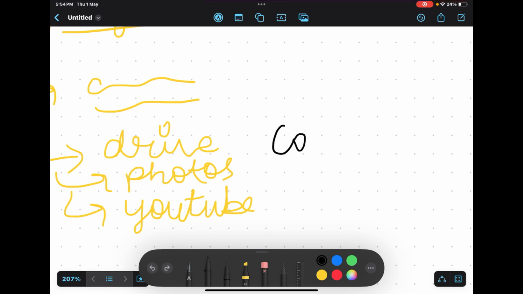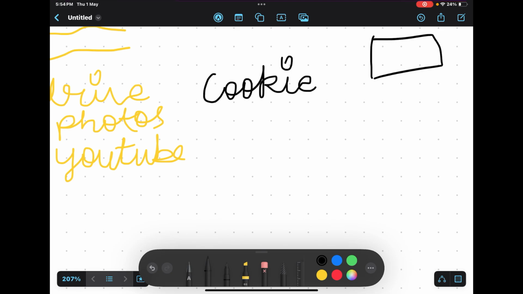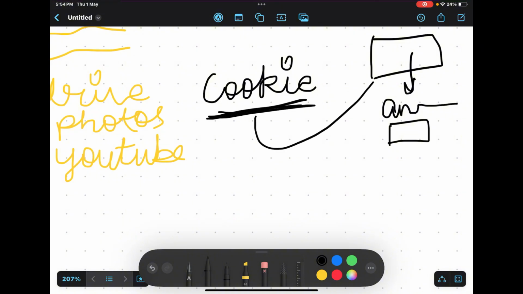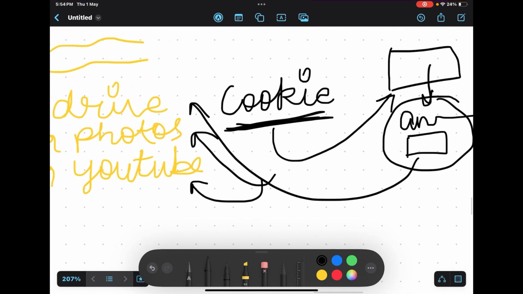A cookie is simply a string which is sent to the backend. For example, this is my server which gives me information like my details, this is his email ankush@gmail.com, and this is his picture and all. These are the information provided by the backend to me. To get this information, a cookie which is set in your browser is sent to the backend along with the request. On the basis of this cookie, your details are extracted from the database and then sent to your browser. That's why whenever you go to Google Drive or Photos or YouTube, your information is already available there. This is just a simple example of how cookies work and what the use cases of cookies are.